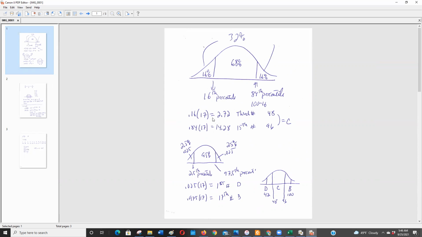So I found the 16th percentile of these 17 scores, and that's the third number, which is a 48, and the 84th percentile, because 100 minus 16 is 84, and that gives the 17th number, the top end of that middle, and I think that was a 96. Looking at my work here, yep. So that means anyone between 48 and 96, that would put 68% of this group of 17 students